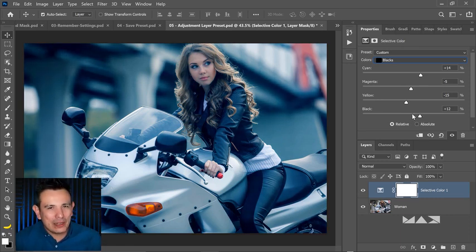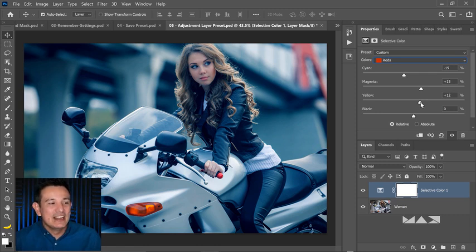I added a lot of cool colors, especially to the skin tones, and that's looking a little bit unnatural. So what you can do is go into the reds and subtract cyan, add magenta, and add yellow. So you're counteracting those earlier adjustments to try to get a more natural skin tone. Obviously, we can keep fine-tuning these sliders all day, but we don't have that much time, so we'll just stick